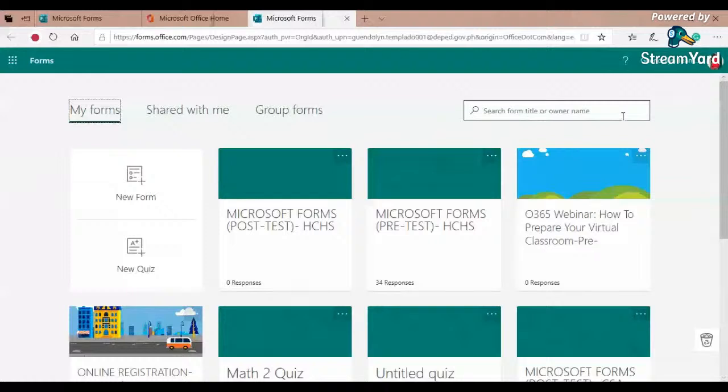Very good. We're going to select new quiz because we're going to make a quiz. But if we're going to make a survey, we're going to click new form. So I will click this new quiz.